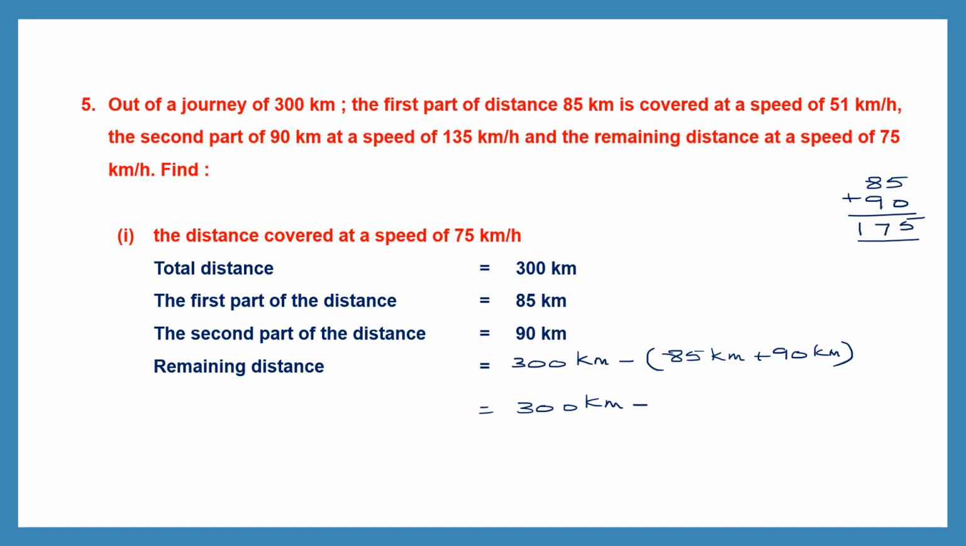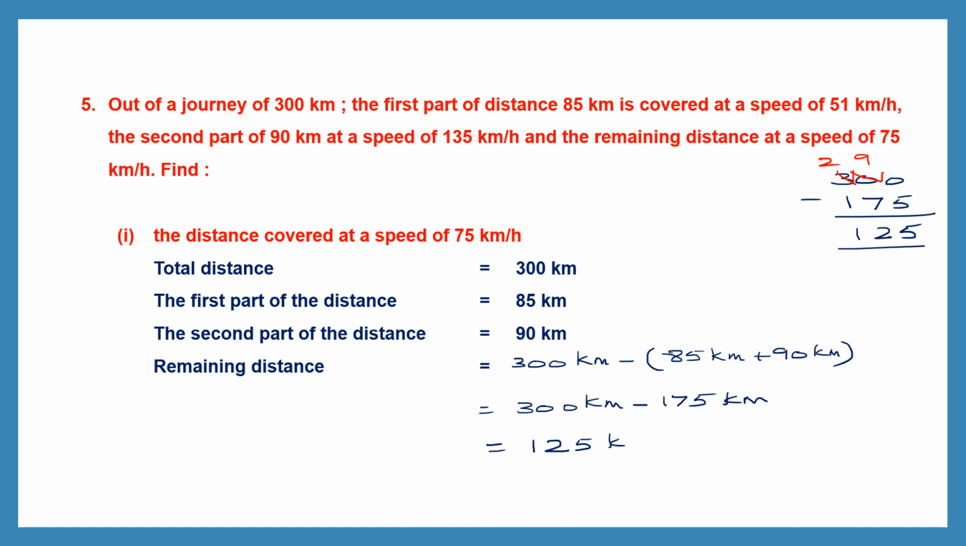That's 175 kilometers. Now we have to subtract 300 and 175. So let's do that subtraction. 300 minus 175. Let's borrow from here. 2, this becomes 10 and 9, 10. 10 minus 5 is 5. 9 minus 7 is 2. 2 minus 1 is 1. So this is